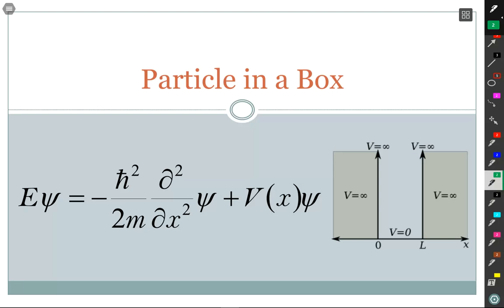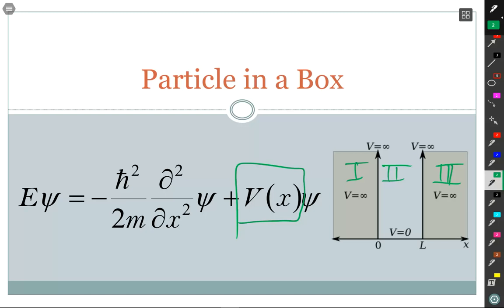And then you solve this equation. So once we know what V is, then we solve this equation. So in our case, we had three regions, region 1, region 2, and region 3. And so we solve that equation in each region. In regions 1 and 3, V of x is infinite,